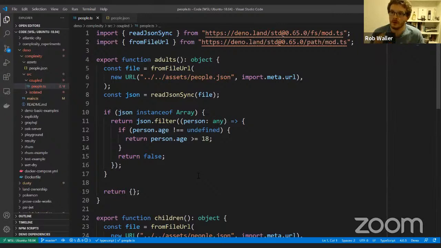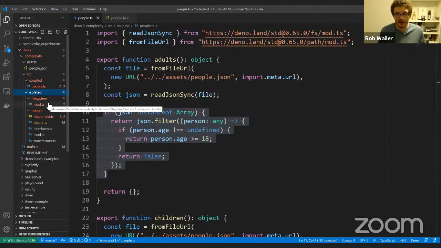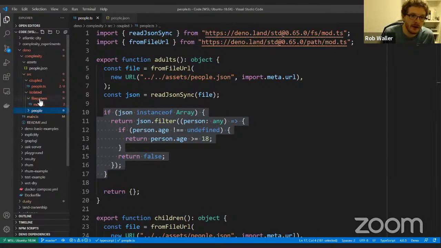So the question comes, how could we tidy this code up a bit and make it a bit more isolated so it becomes more usable, easier to test, and more composable, and we pull out these business logic areas into their own place. So we have a more isolated system, and I've broken this up into two areas.